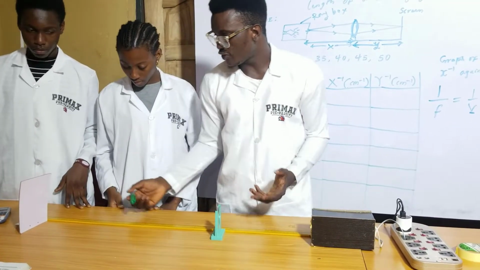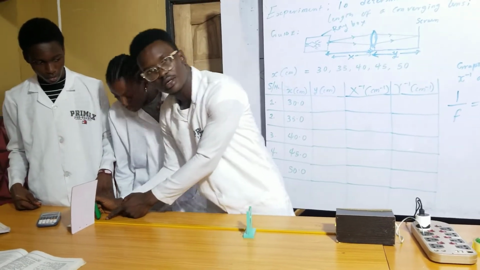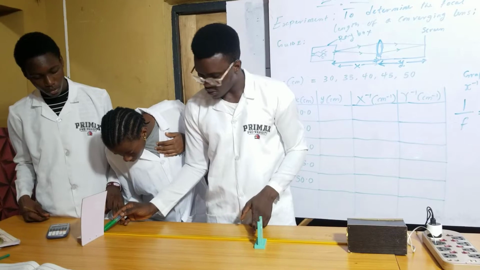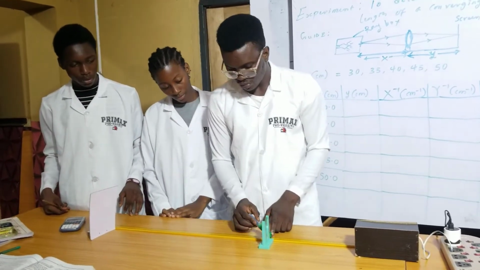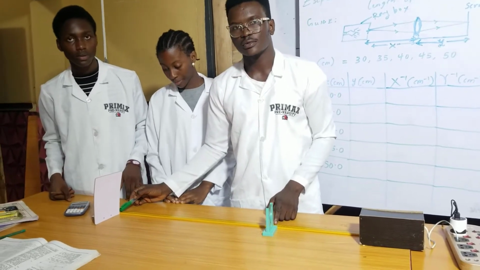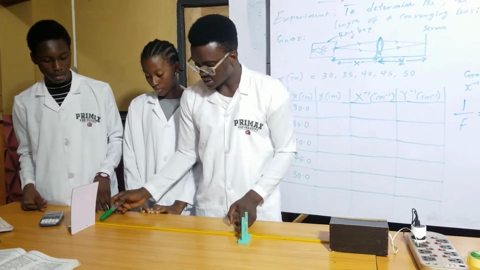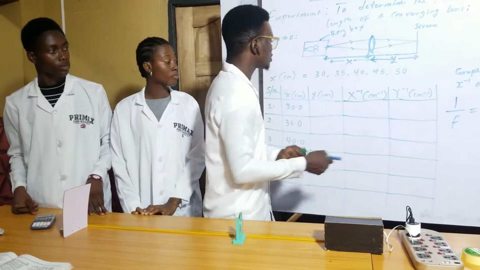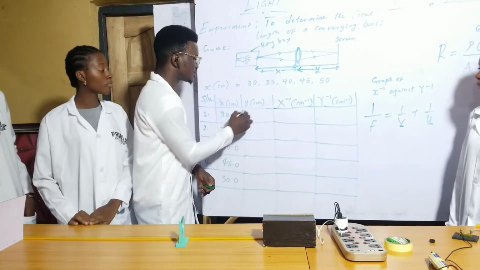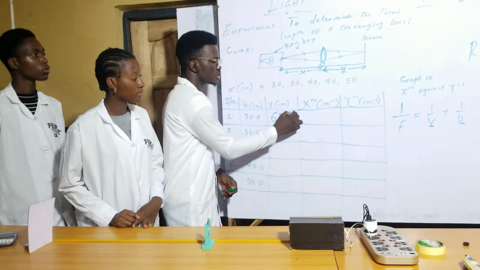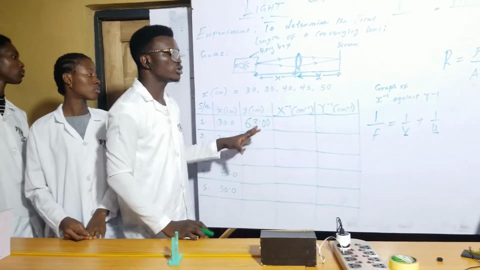I will only do the first one now. So you take your measurement. The measurement I have here is like 93. And the image distance will be from here to here. Since this place is 30 and this place is 93, that means from here to here should be 63. You understand that? From here to here is 30. From here to here will be 63. Since everything is 93, my image distance when this is at 30 centimeter is 63.00.